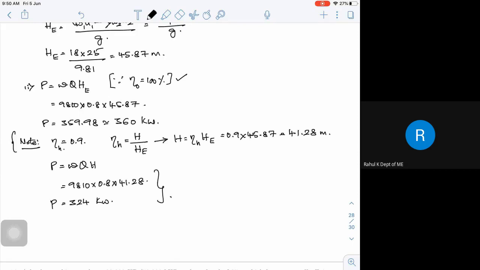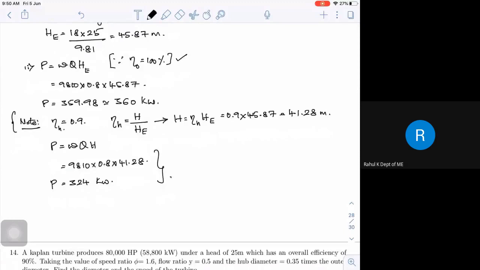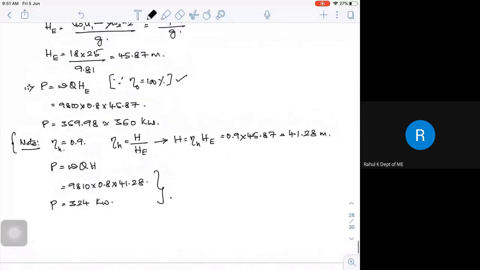So these are some of the assumptions which we have to make when some of the data is missing. If I go with that particular data, I'll be getting this. If instead of overall efficiency itself I take 0.95, or if I take ideal efficiency as 0.9, then these numbers are going to change. If you assume 45%, that's not a reasonable assumption. Any number between 0.8 to 0.9 or 0.95 for overall efficiency, whatever it may be, is a reasonable assumption you can make and you can solve the numerical. That's how you have to go ahead.